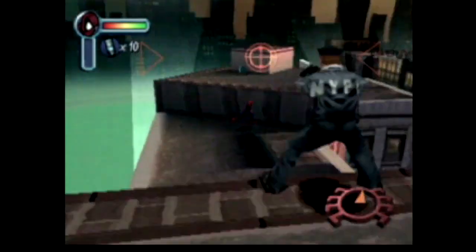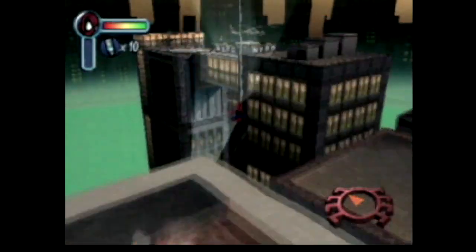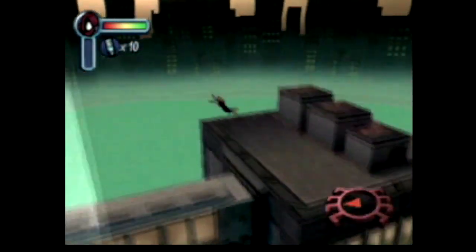And as people get better and better at playing the game, they learn that they can actually hit the R2 button, swing towards a building, turn in the air to kind of release themselves from going straight to that building